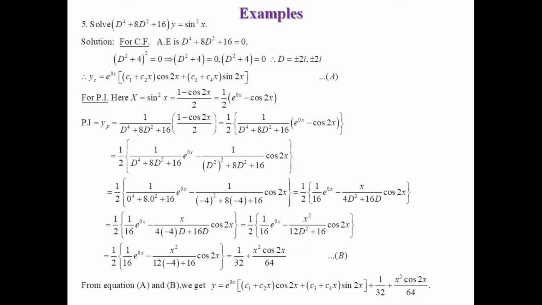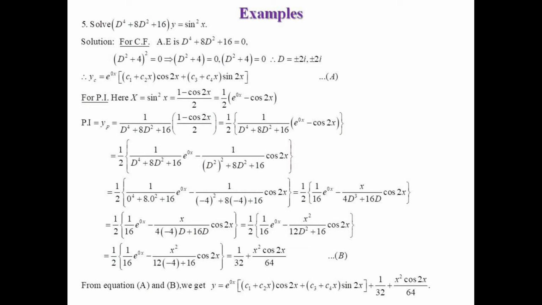As we know, whenever the value of the denominator is 0, we attach x on the numerator and take the derivative of the denominator with respect to D. So then the denominator is 4D cube plus 16D into cos of 2x. The role of the first term is over, because in the first term the D term is absent, so we can write the first term as it is, 1 upon 16 only, or we may write this as 1 upon 16 into e